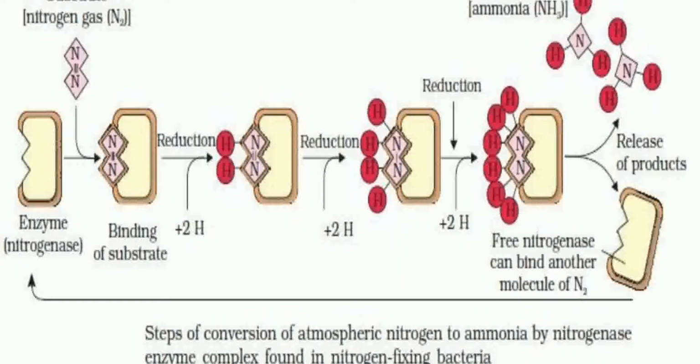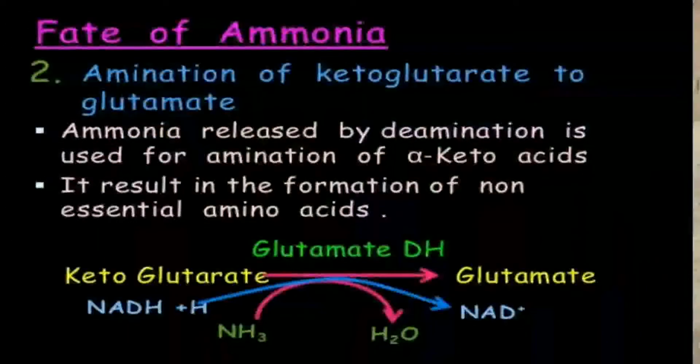Now, you must have noticed that the above reaction, the ammonia synthesized by the nitrogenase, requires a very high input of energy, and I must mention here that 8 ATP of energy for each ammonia are produced. The energy required thus is obtained from the respiration of the plant, which is functioning as a host cell. Now, a question must arise in our mind: what is the fate of ammonia?